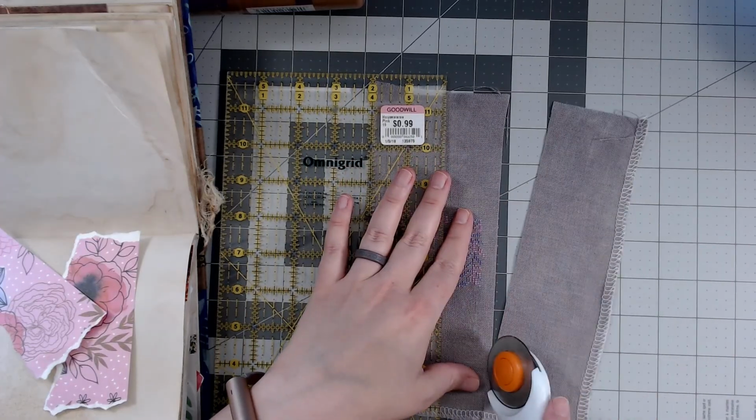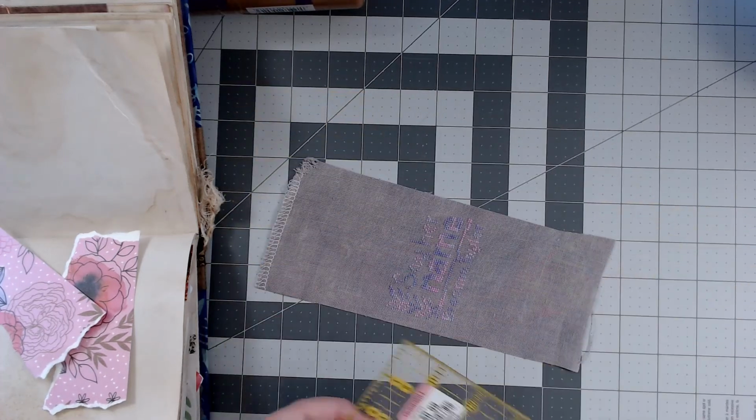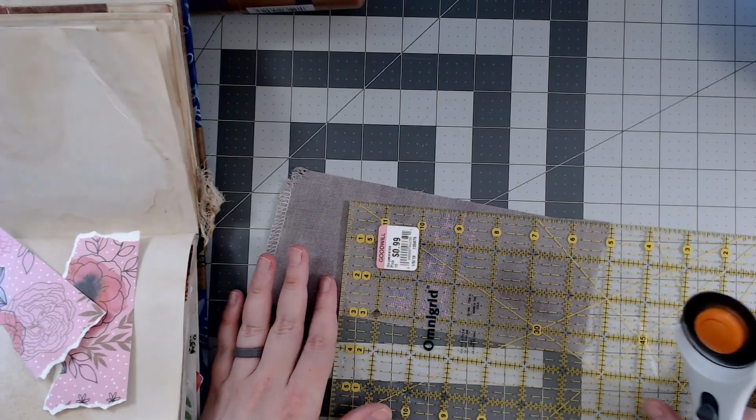I think quilts are very straight line. Maybe you can with certain quilts. I don't know. And then I wanted it 6 inches. Is that right? That's what I said? 1, 2, 3, 4, 5, 6. So I try to put...